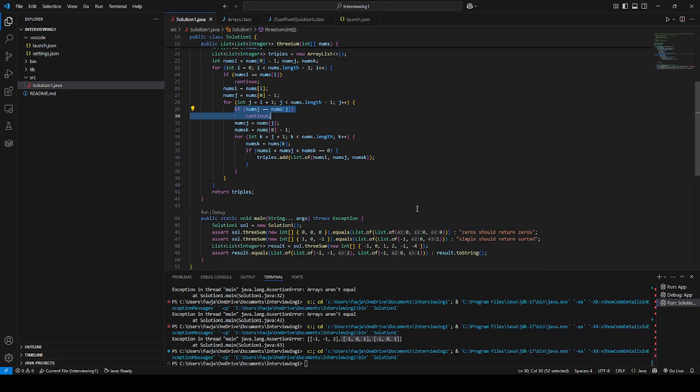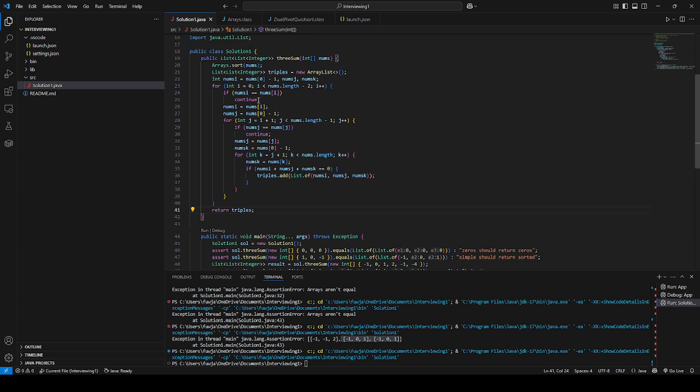But now we'll run it, and everything works, and we have passed. Now again, the goal of getting to this point is for them to start asking questions. Do you think this is the most efficient? Oh, no. But it's not the sort's fault. The sort is a lower complexity than the for loops. We're doing 3 nested for loops. Is this the best we could do? Probably not. My suspicion is you could probably get it down to like n squared log n,